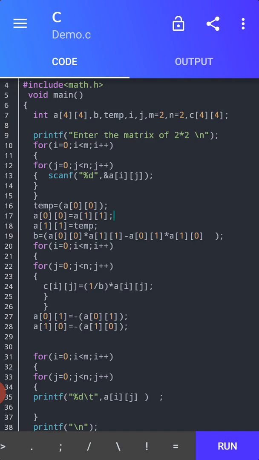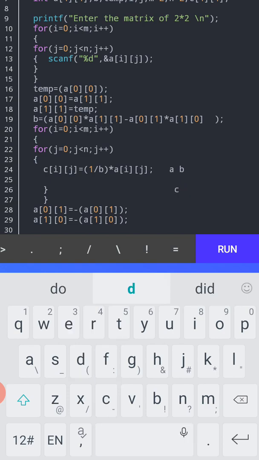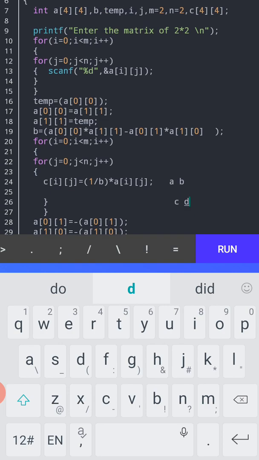Here exchanging is done. Next, to find the AD minus BC value, here I said that A, B, C and D. Here we should do the multiplication AD minus BC.